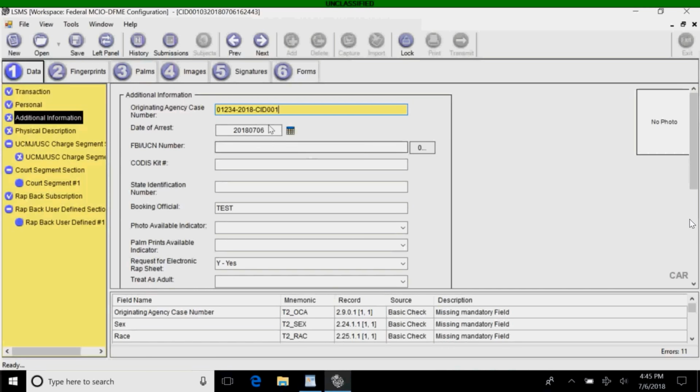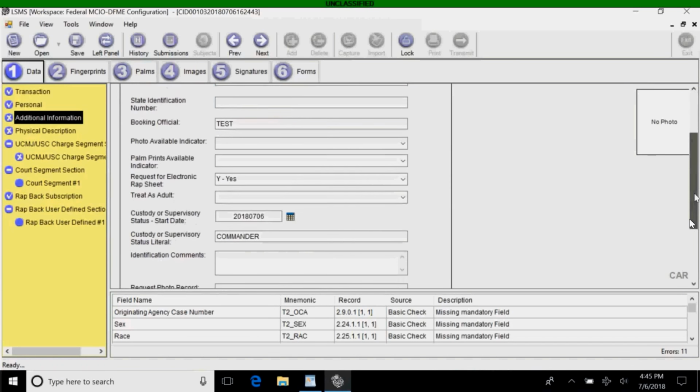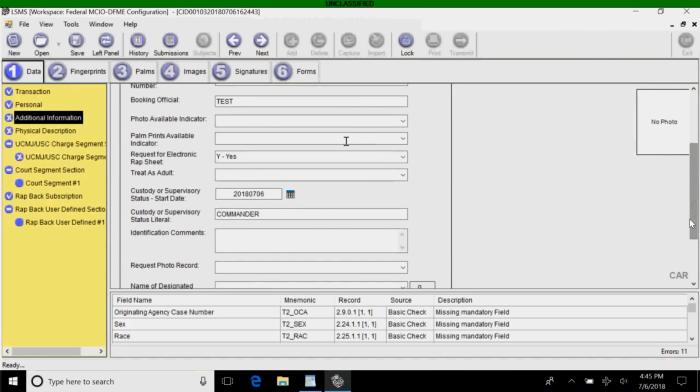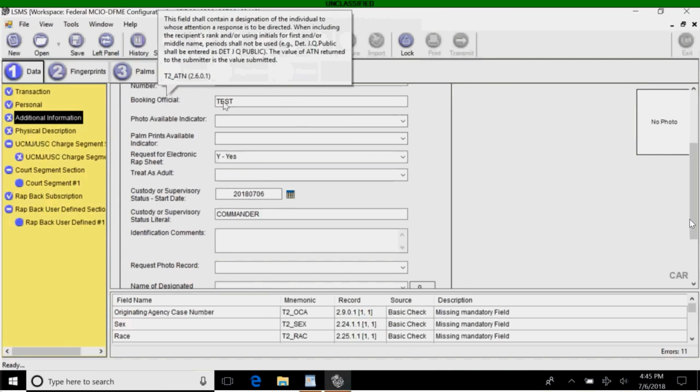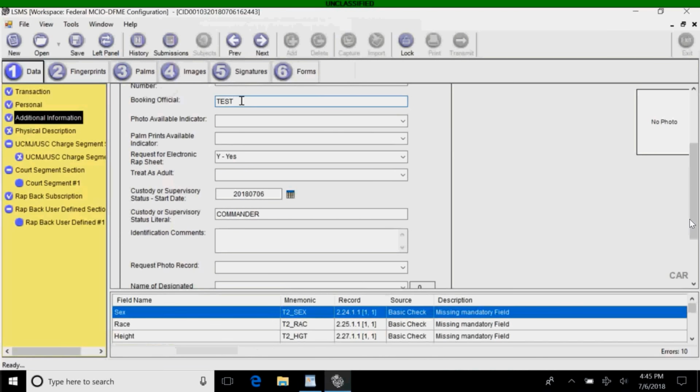The arrest date, I'll leave it as is for now. Again, since I'm just doing a test record, I'm going to put the other information in there. Notice here's that booking official. It's listed as test. So as long as first name test, last name test, booking official is set for test,